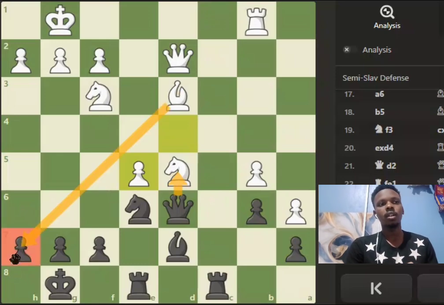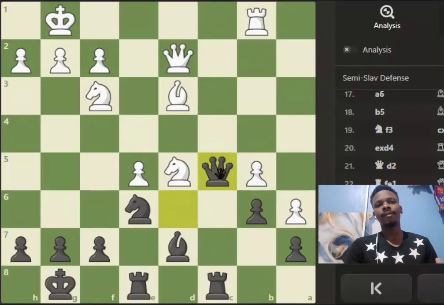this skewer, this discovered attack, where he's going to win your queen. You're beating a grandmaster, and then this video would be, oh, a 2500 grandmaster begging me for a draw. It would be, I was winning against a 2500 grandmaster and I blundered because I just always blunder. Okay, so I played queen to c5, and this is where